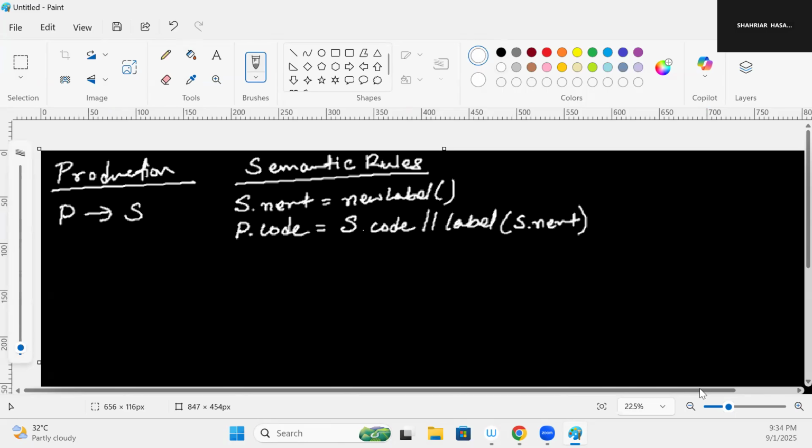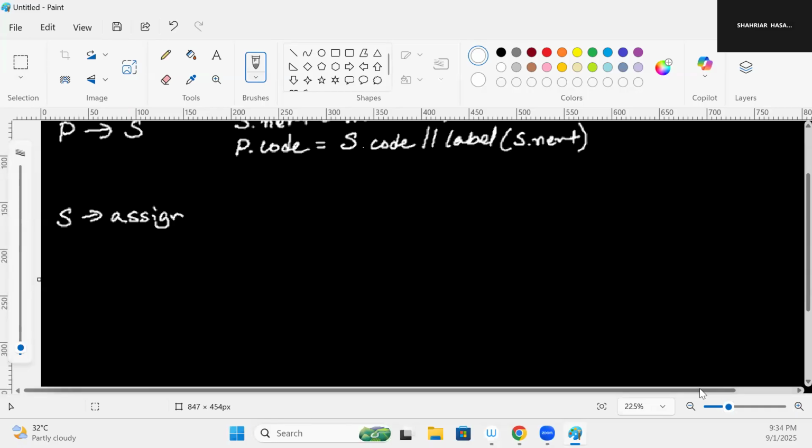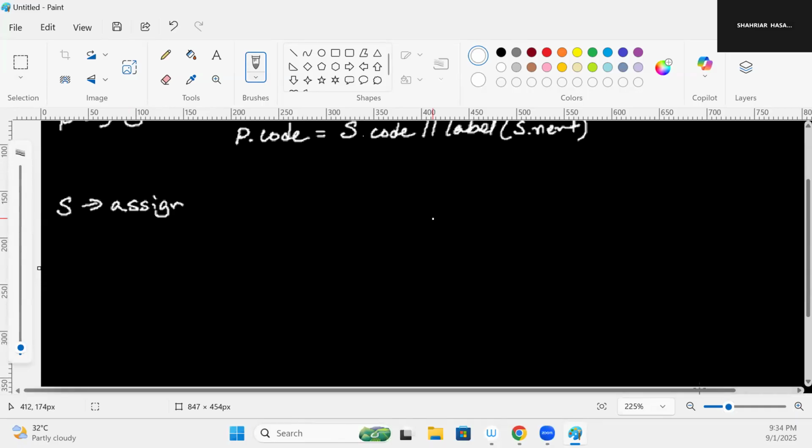Okay, this is the first one. Then we will have S producing assign. Now, why is it producing assign? If you have been present in some of the previous lectures, we did see something of this format: S producing what? S producing E